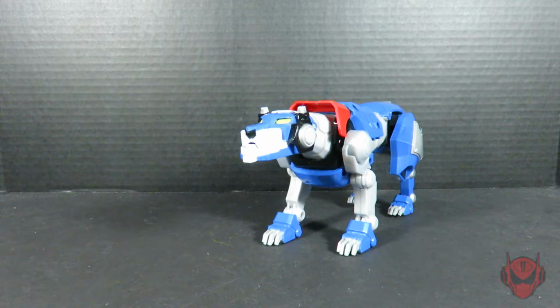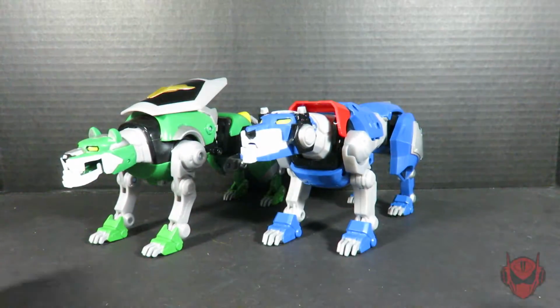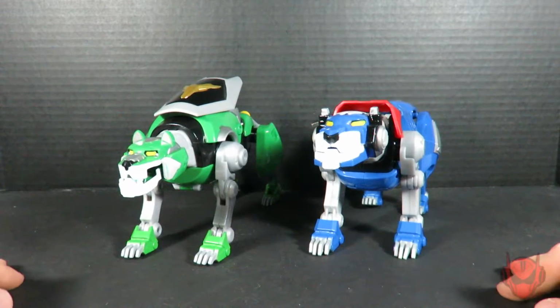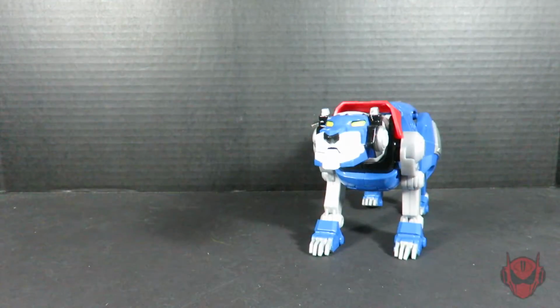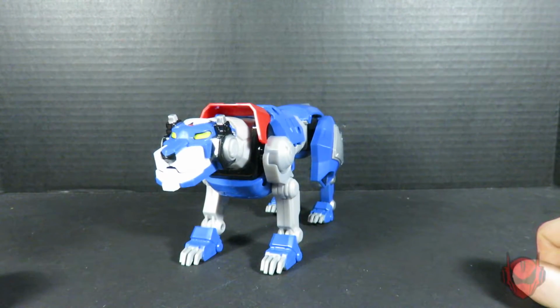One more size comparison. Let's bring in, obviously, the Green Lion, because it's the only one I haven't shown off on camera here with the Blue Lion. And they look pretty good together. They really do. And there's that, not much else to really say. Okay, so now that we got that portion out of the way for the video review,